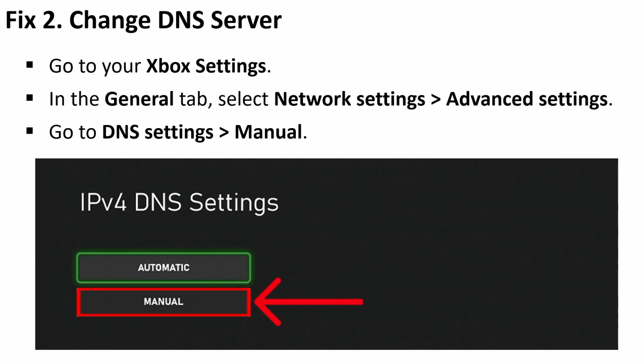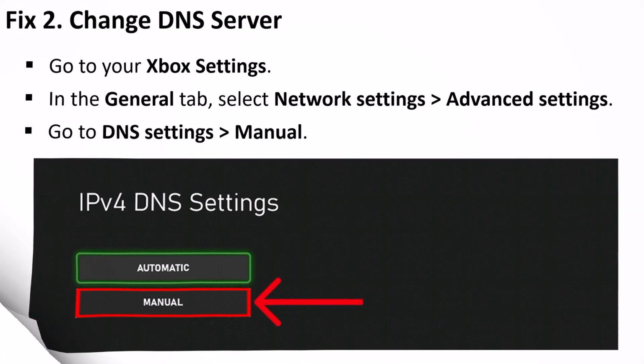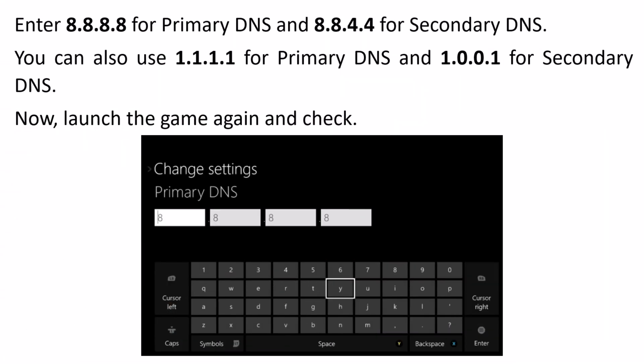Fix 2 is to change DNS server. So go to your Xbox settings, in the General tab select Network settings, Advanced settings, go to DNS settings, Manual. Now in the primary DNS enter 8.8.8.8 and in secondary DNS enter 8.8.4.4 and then save it and then relaunch